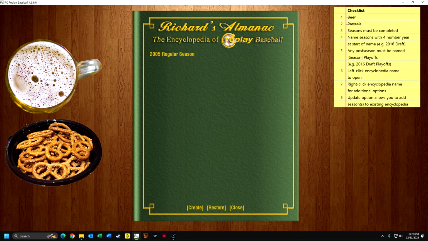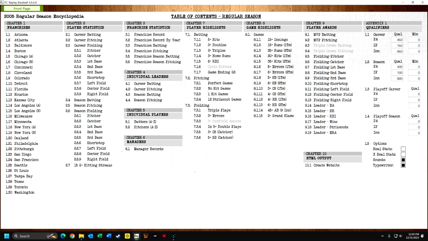You have to have played a complete season in order to have stats in the encyclopedia. I did play, maybe a year or two ago. I played every game of the 2005 regular season, so that's currently the only one that I have in the encyclopedia. But if I click it here, you can see this vast amount of